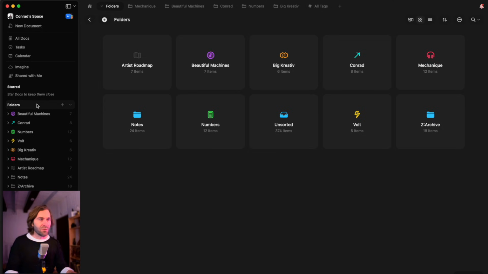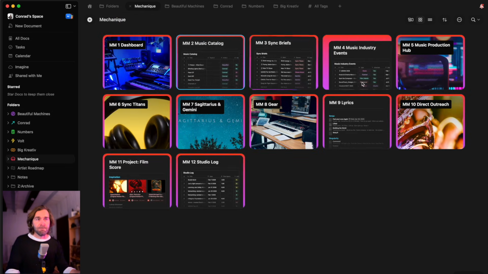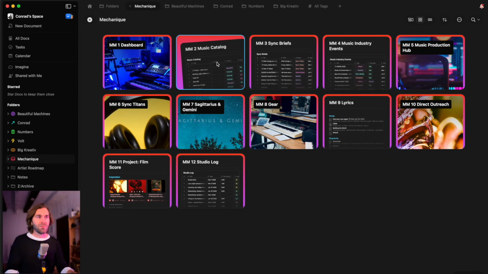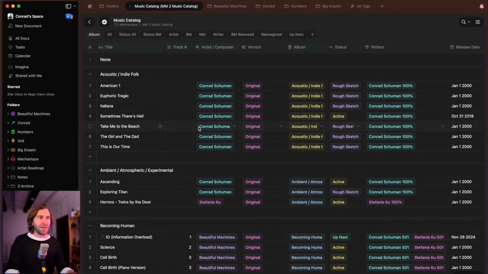So first, we can look at the folders here, and we can take a look at how I've laid it out. Basically, each of the folders is a project that I work on, which I'll go into a little bit more detail pretty fast. So Mechanic is where I do the film and music production stuff. As you can see, there's a lot of different use cases of collections where I use these collections or databases as different areas. So, for example, if I click into this one, this is music catalog, and you can expand it to see the full screen, which looks like this. And these are just right now under different playlists.